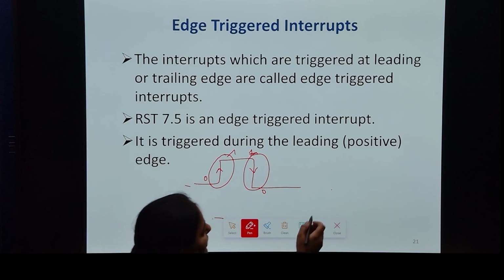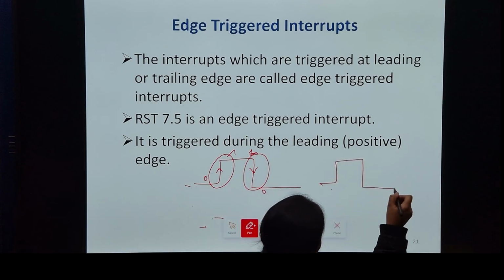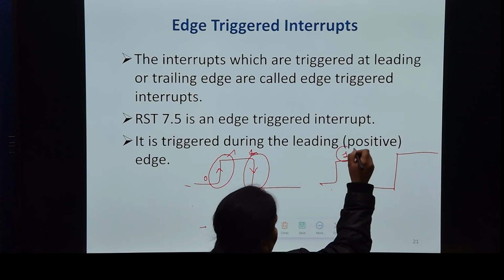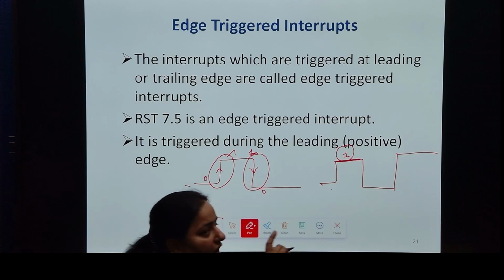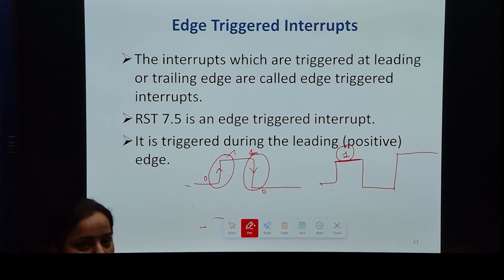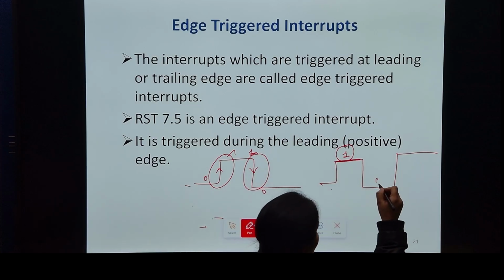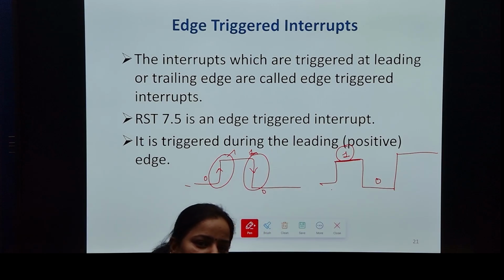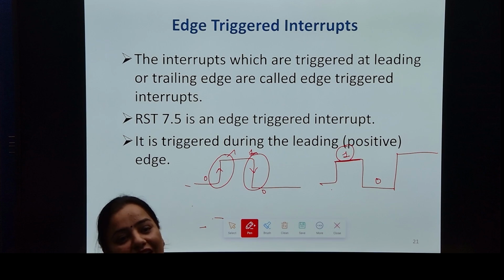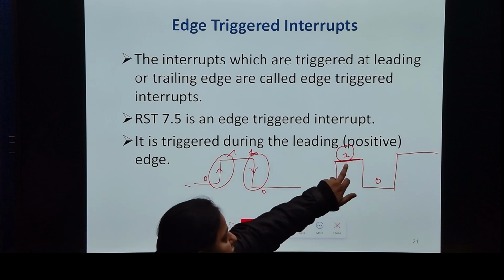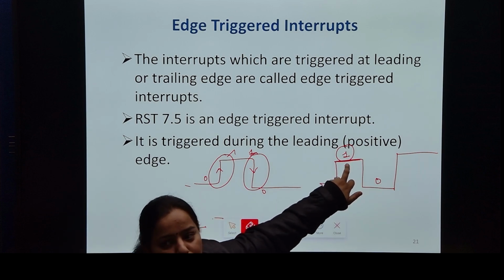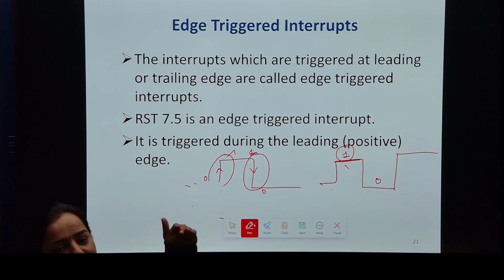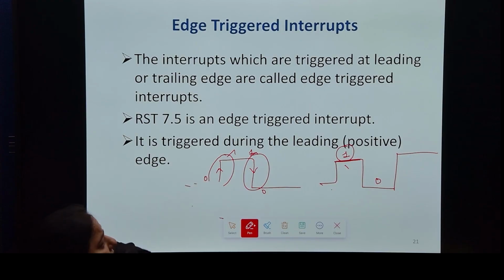And if we are talking about level triggering, it means whether the level is 0 or whether the level is 1. If we are talking about level 1, it means it is having a 1 value or a high value, high level. Similarly, 0 means a low level. So whenever a low level is there, that particular interrupt is going to be triggered or enabled. And if it is 1, then that particular interrupt is going to be enabled. Similarly for edge triggering. So what are the interrupts that come under edge triggering and level triggering?